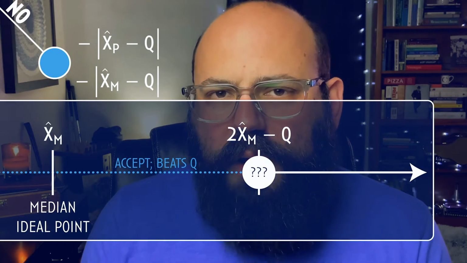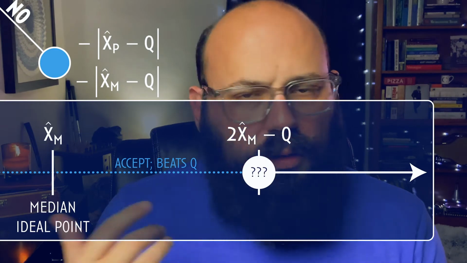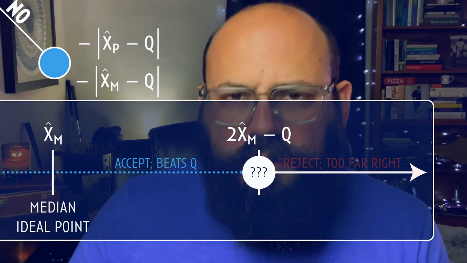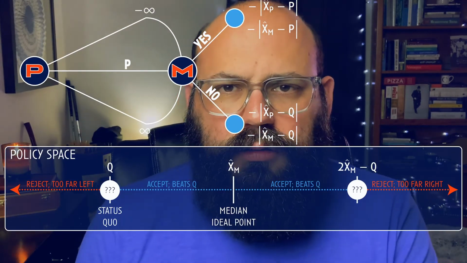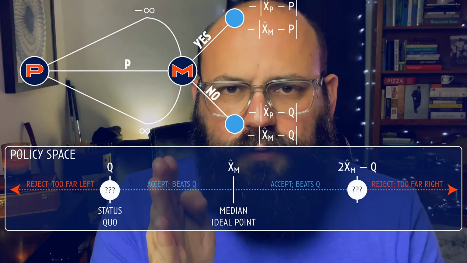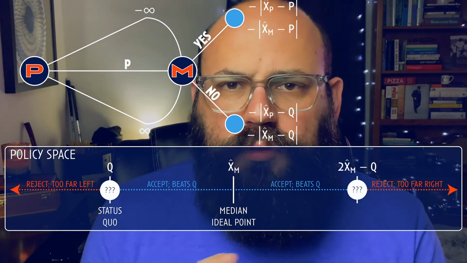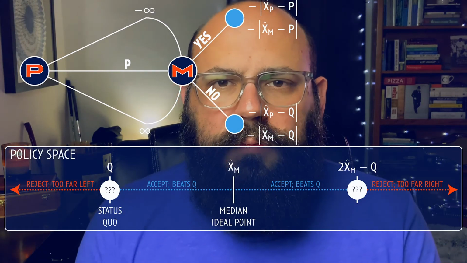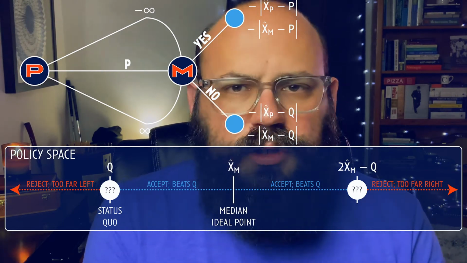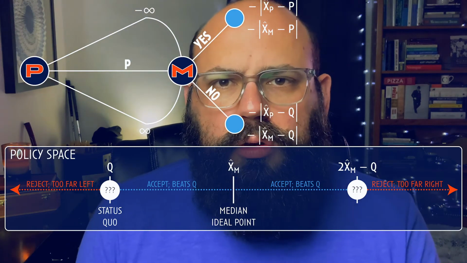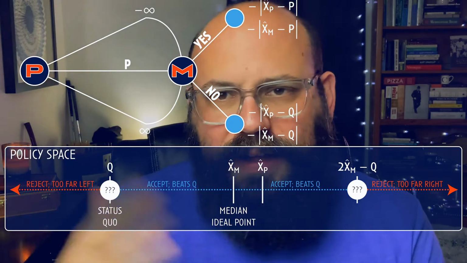And anything strictly to the right of 2M minus Q is too far to the right from the median voter's perspective. And that all gets rejected. So if we just draw this, too far to the left gets rejected. There's like this little indifference flashpoint, then there's a sweet spot, a Goldilocks solution, not too far left, not too far right, just right. And then there's another little indifference point, 2M minus Q, and then anything to the right gets rejected as well. Now, if 2M minus Q is greater than P, then the proposer can just choose P, and that's it,